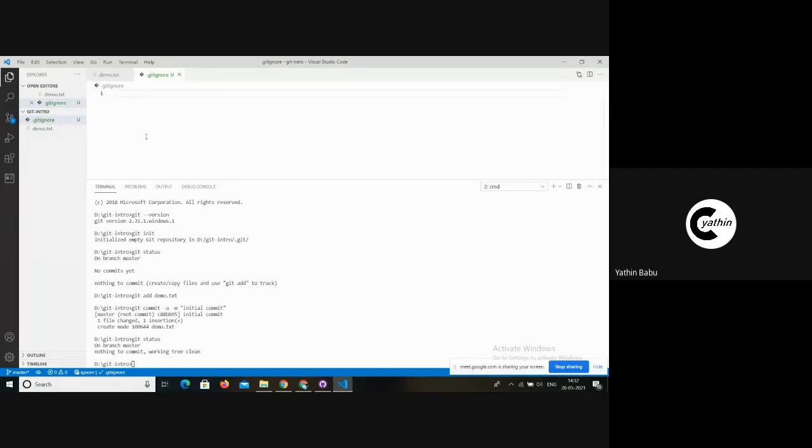So usually we will have some dependency files where we list all the external dependencies. Those kinds of files need not really be tracked by Git VCS, because we usually don't change any content within those files.